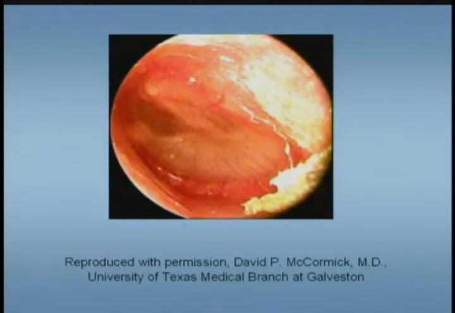So here we have a patient with otitis media. You can see that the normal landmarks are lost. You can make out a little bit of a landmark here, but you can't make out the bones behind the eardrum. You can also see that there is loss of the light reflex. Usually you should have a nice pearly looking eardrum and a nice shiny triangular light reflex. You're not seeing that. And also see how red this entire eardrum is, and you can actually see injected blood